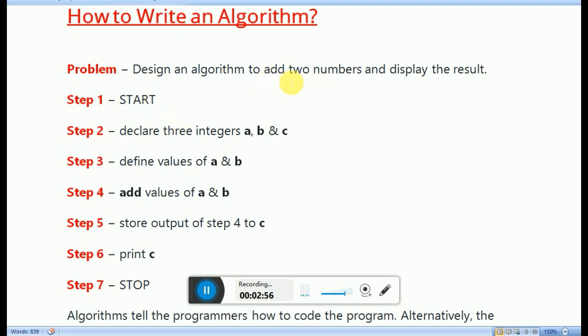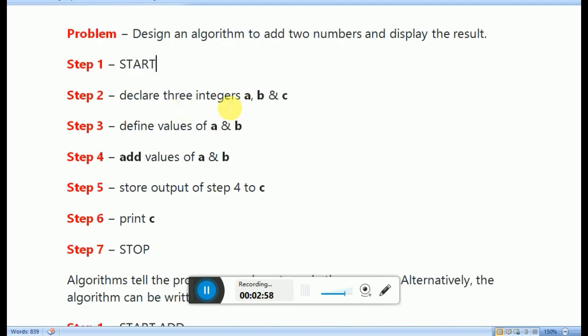So adding two numbers, you will require three integers a, b. Here I have declared a, then next b, then a and b will be added up and it will be stored in c. So I have declared here three integers. Now you will have to assign the values of a and b randomly. For example, if you take the value of a as 1, b as 2, then 1 plus 2 you will get 3. 3 will be stored in here, c.